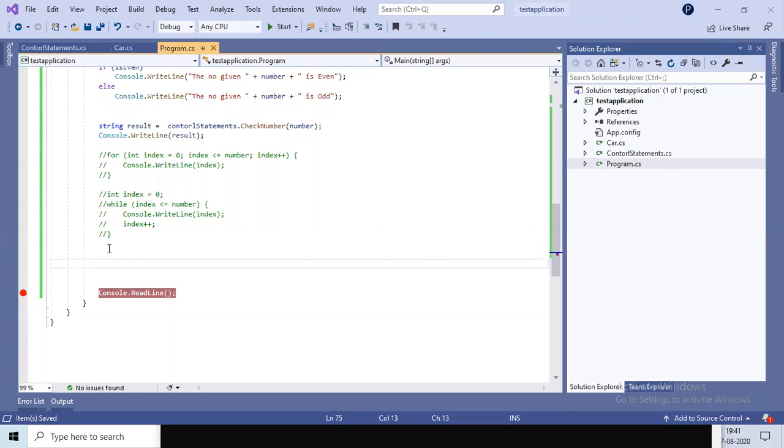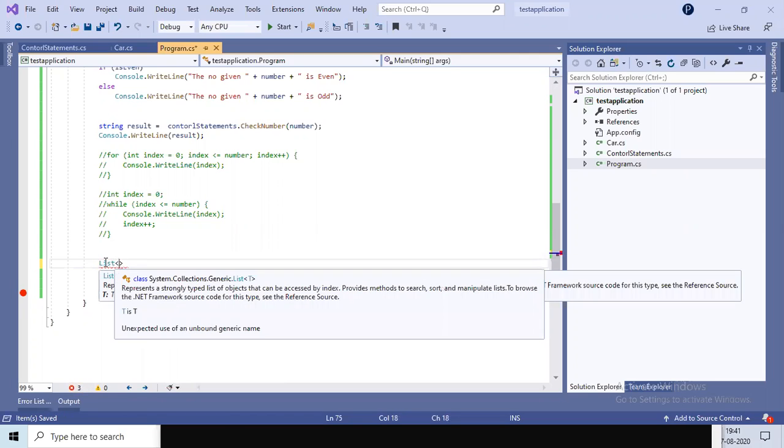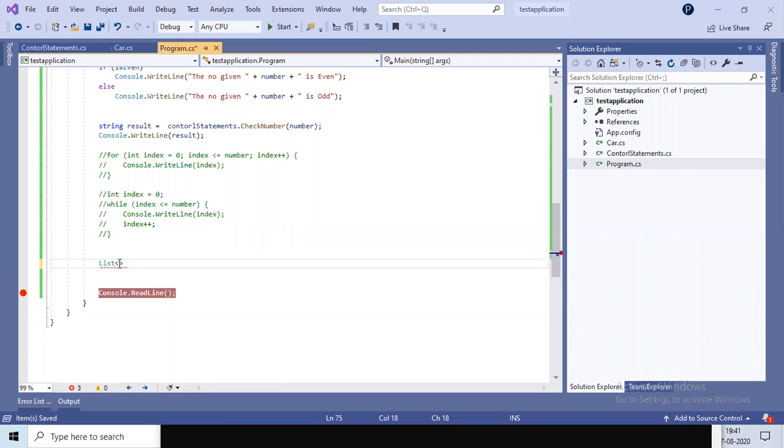Then that data we will store in the list. A list is a data type which will store a list of variables of a specific type. Let's say we have car, and I'm creating a list of cars.